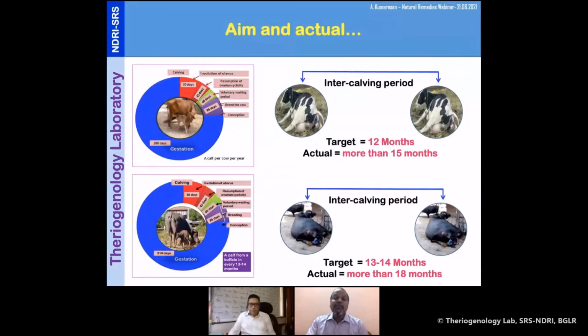So it says it is more than 15 months. Here in an organized farm itself, there is a gap of 3 months in the case of cattle. But in the case of buffaloes, it is more, it is 18 months. And if you go to field conditions, I am damn sure that this 18 months will come to the cattle and once in 2 years to the buffaloes. I am not generalizing everything, but in the majority of the population, field conditions go into this. Why does it happen? We aim for something, but we are not able to achieve it.